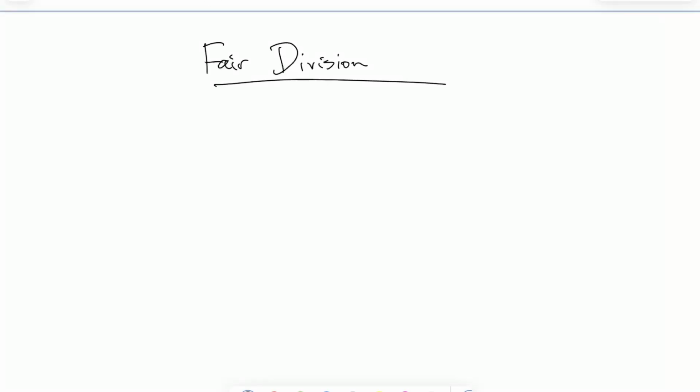Fair division has nothing to do with anything that we've been talking about so far, although I put it next to the gerrymandering because it is also vaguely geometric, maybe even a little more geometric. I don't know. Fair division, though. This is, I think, a super interesting mathematical thing that people work on. Although, to be honest, I was surprised when I first learned about this. I was surprised that anybody even cares about this, or that mathematicians have focused so much time on it. But this is about